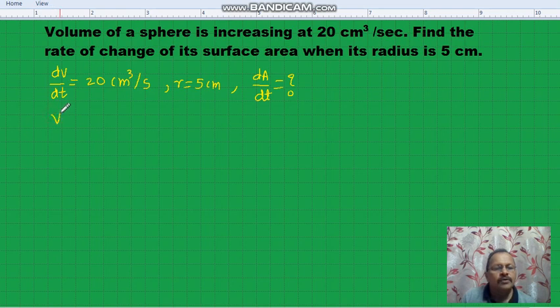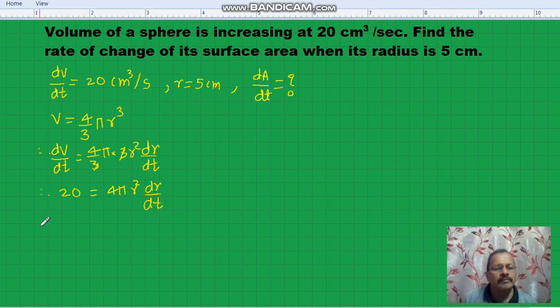Here we know V is equal to 4 by 3 pi r cube, and therefore dV by dt is equal to 4 by 3 pi into 3r square dr by dt. 3 cancels out, and therefore 20 is equal to 4 pi r square into dr by dt, and therefore dr by dt is equal to 5 upon pi r square, and therefore dr by dt when r is equal to 5 centimeter becomes 5 upon pi into 5 square,